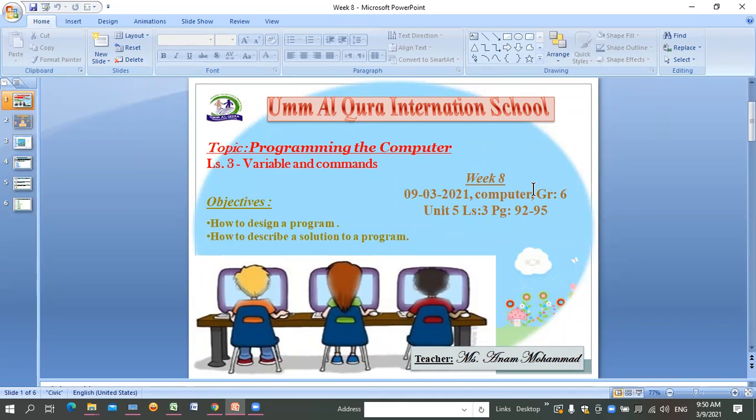Today we are going to take lesson number 3, variables and commands. In a program, how can you put variables and how can you give the command? We'll take pages 92 to 95. First thing, the program which we are going to learn is about